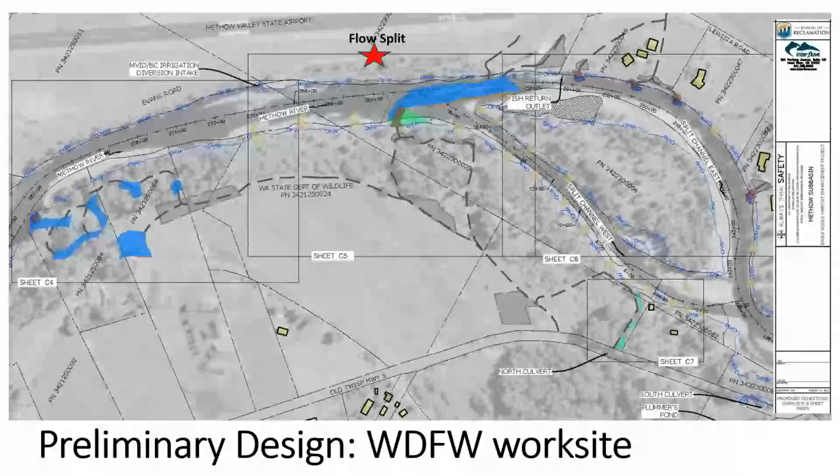In the middle of the project, we will be putting in an additional wood complexity structure and doing some selective channel grading to help rebalance flow, to maintain flow down both splits, ensuring that there's habitat in both sides, as well as maintaining flow past the fish return, which is sort of right there where I think they're